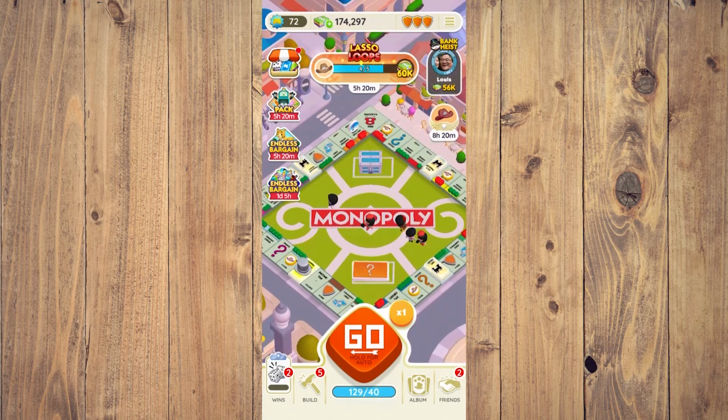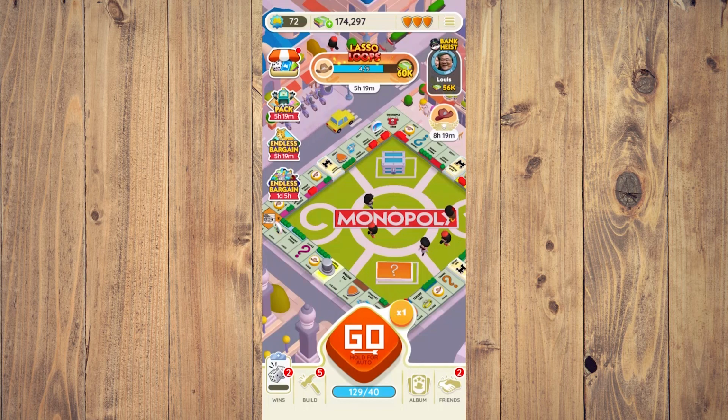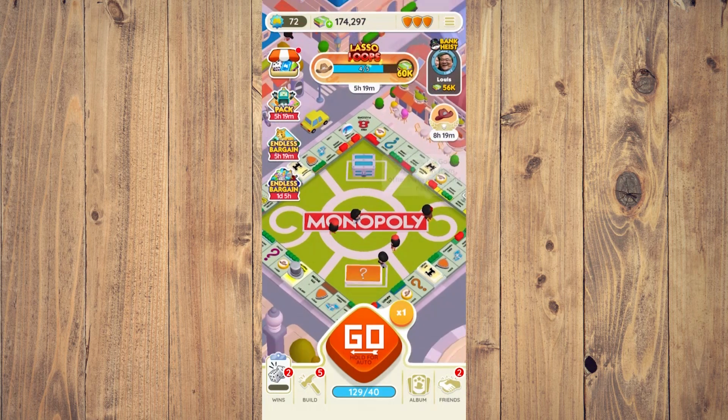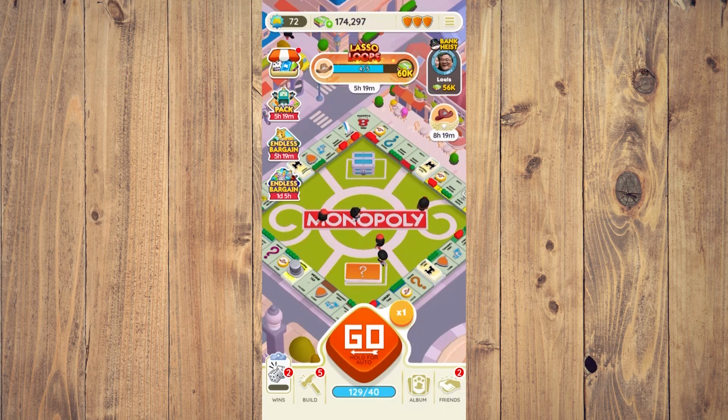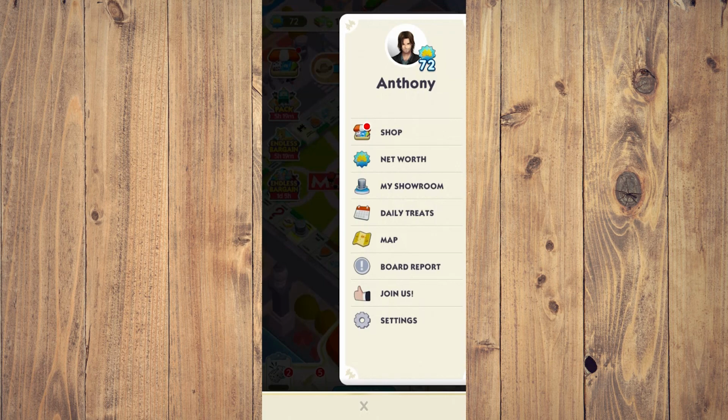All right, so we are now in the Monopoly Go game, and for example, you run out of rolls or you're tired of playing the game and you want to put it down. What you want to do is, if you see near the three shields on the upper right corner, there are three lines or the hamburger icon. So tap on the three lines, and your settings menu will appear. So what you want to do is tap on settings,